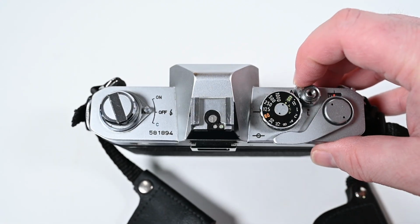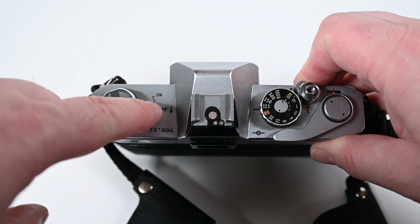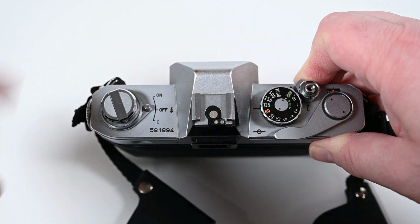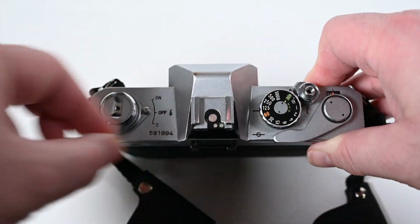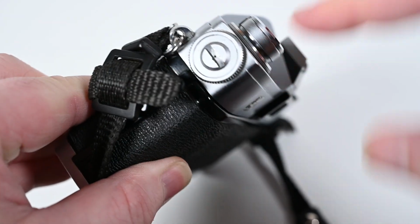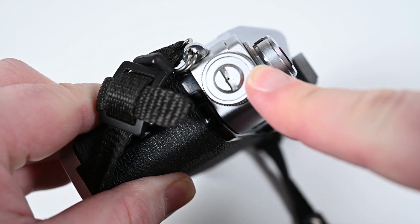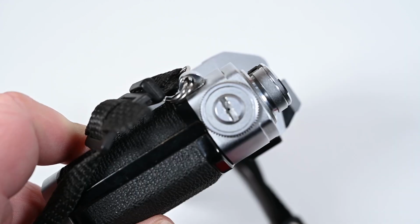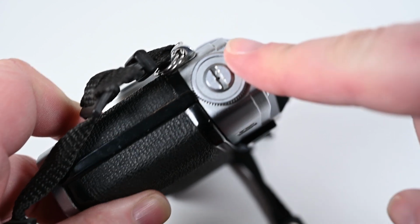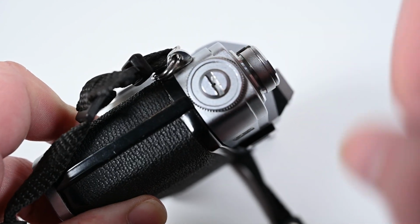You've got a shutter lock right here, your shutter setting right there, your light meter on and off deal right there, manual rewind of the film right here. This right here is where the battery goes, but you require a special battery to go with it. There are substitutes and adapters, but I am not an expert and I won't be talking too much in depth